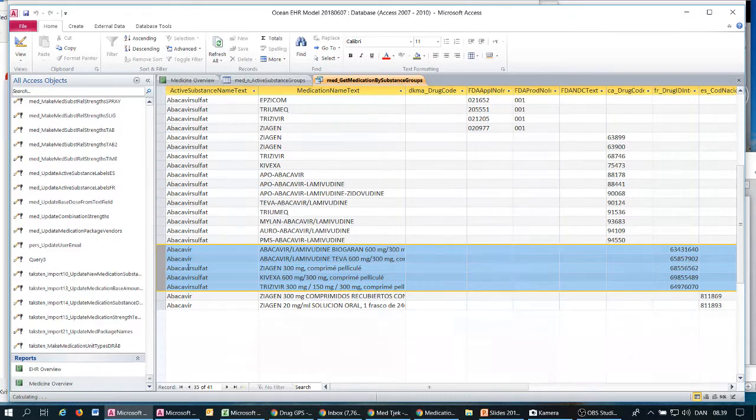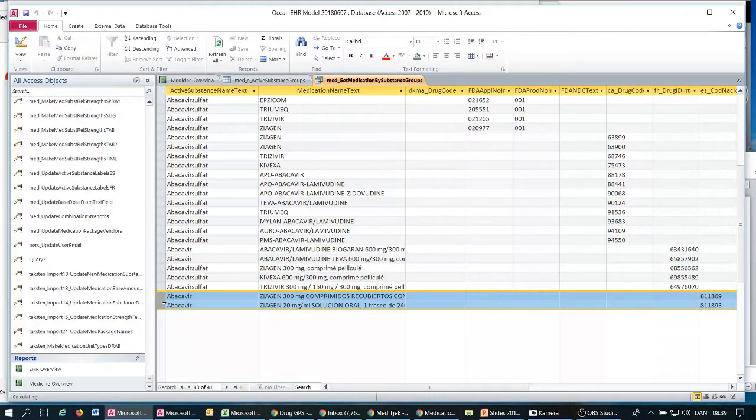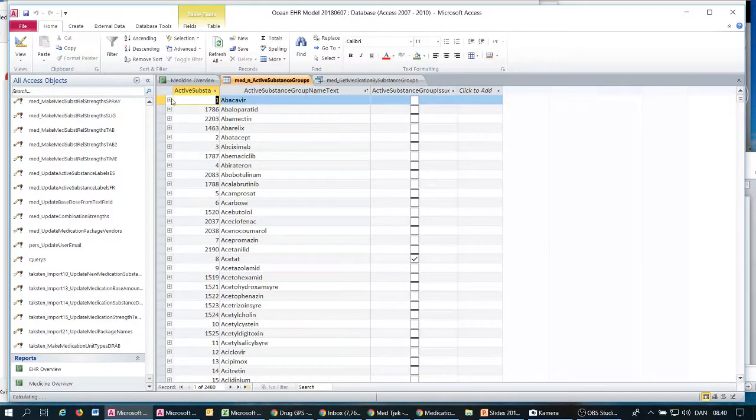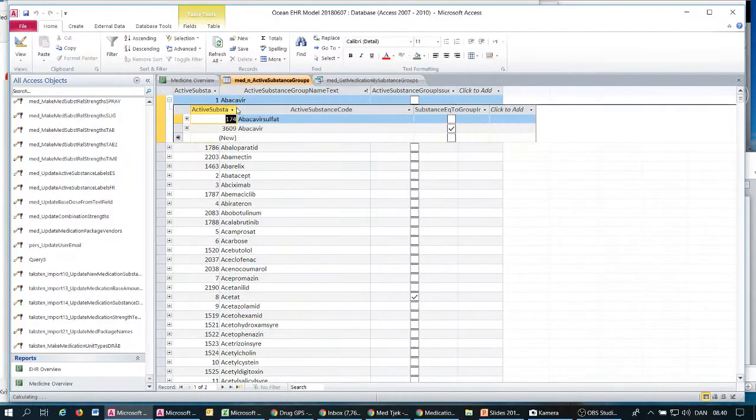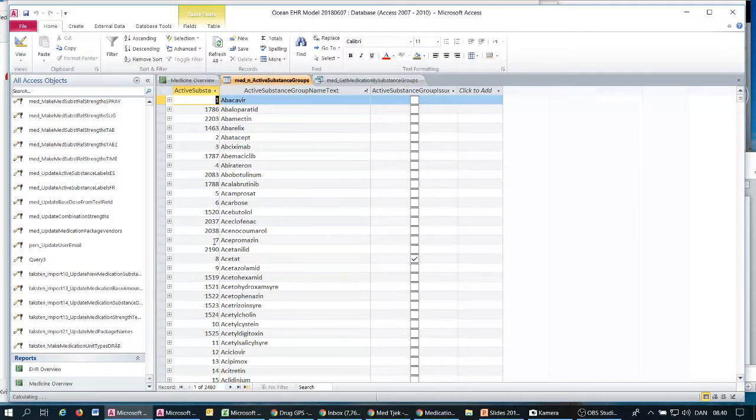Incidentally, you can see that in France some of the products are denominated as abacavir and no further specification, and some are denominated as abacavir sulfate. In Spain they have these products, and they nominate them on a high level, but we capture that, so no matter whether they are named as abacavir or abacavir sulfate, we know that both are abacavir. And similarly, if we take a look at